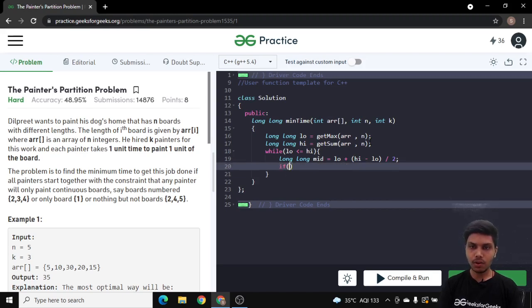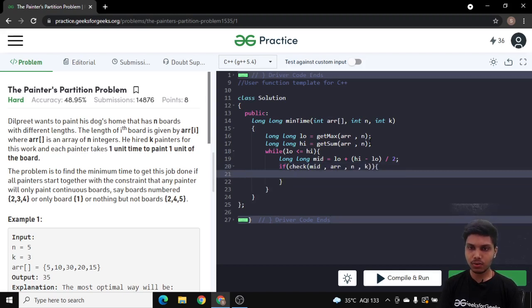Now we will call our function check with this mid. So basically we are checking whether it is possible to paint the whole house within mid units of time, and in this function we will pass our array, n and k also.